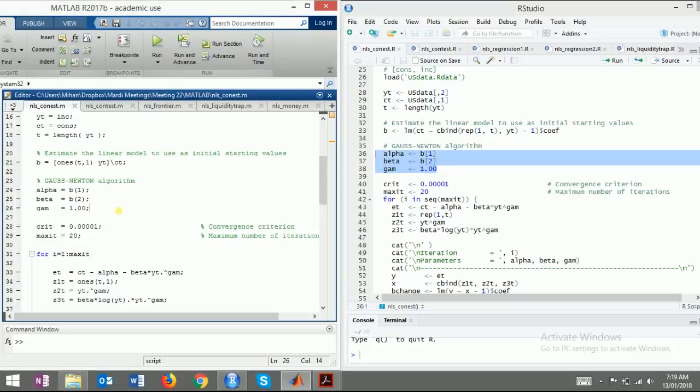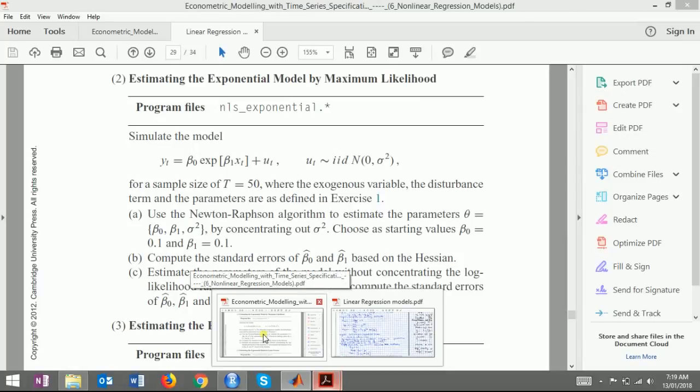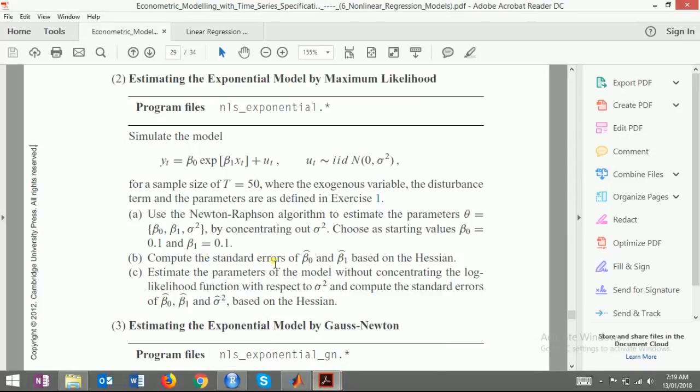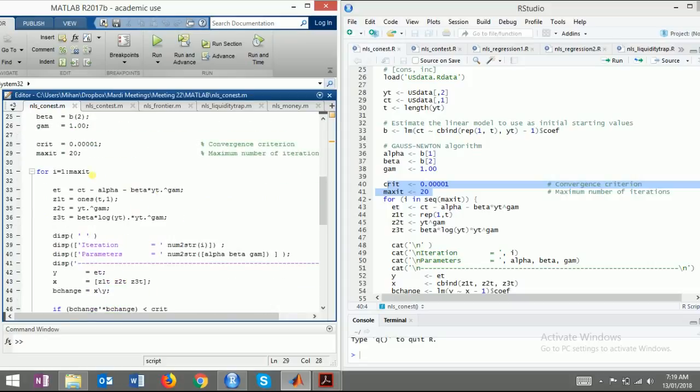Alpha, beta 1, beta 2 and gamma are given to us. This is the convergence criteria: the maximum number of iterations we want is not more than 20. See beta naught, beta 1 and gamma. We're taking gamma as 1, just assuming gamma as 1. Fine. So for up to the maximum number of iterations, first we are representing the consumption function with ut,